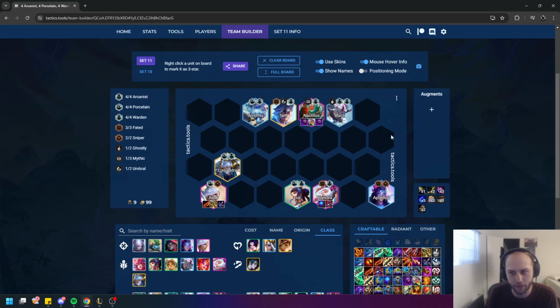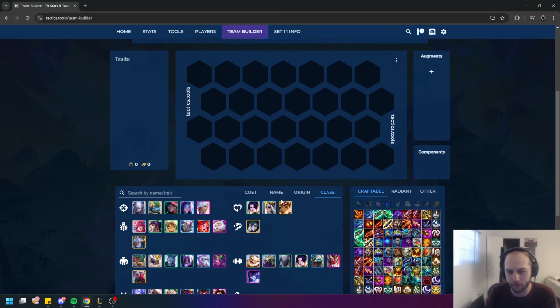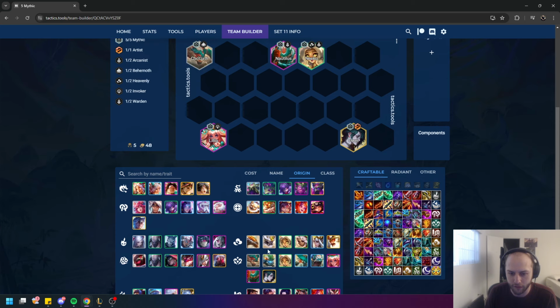And then the other popular comps that you're gonna be playing are, what's another one? I think 7 Mythic is actually really good on this patch if you have the +1. So it's not really that complicated to play this build, because you're just plugging in as many Mythics as you can possibly get your hands on. It's going to look probably something a little like this, where